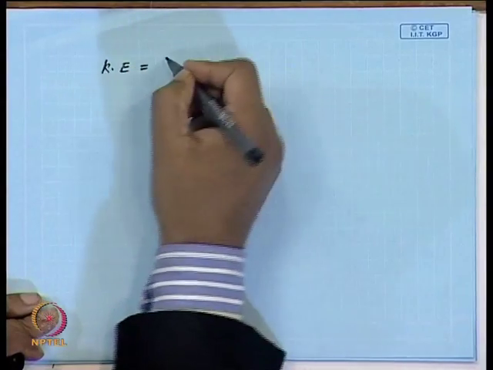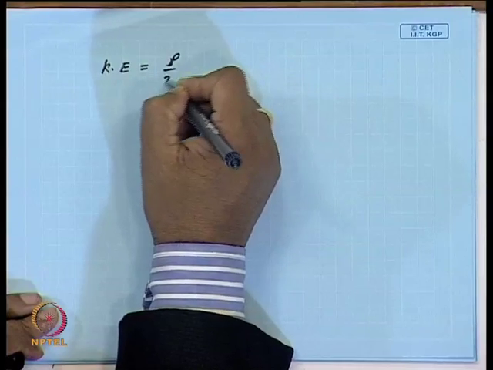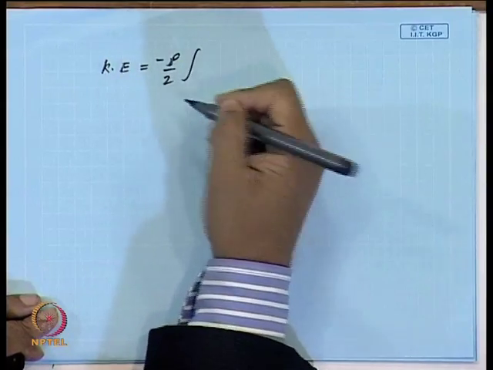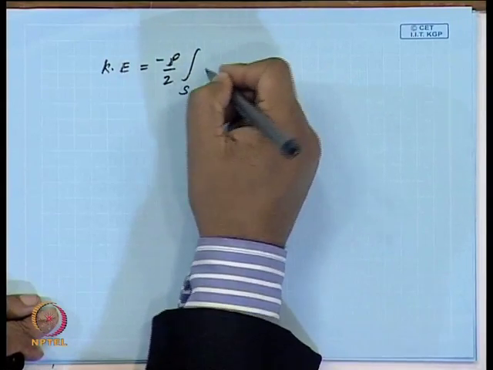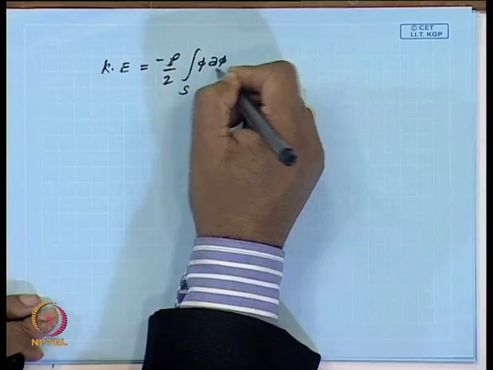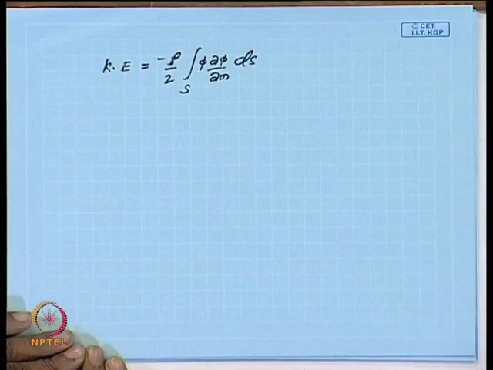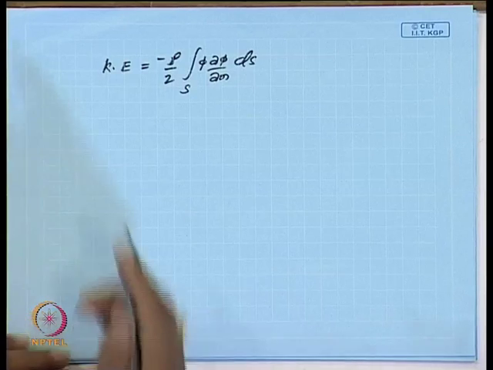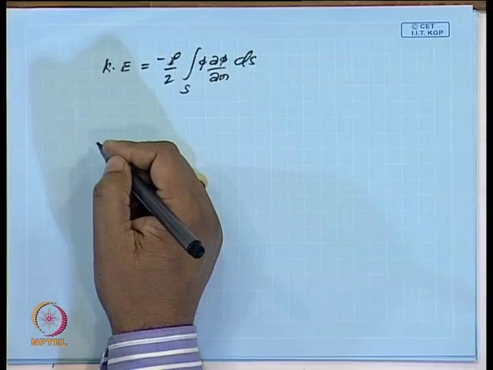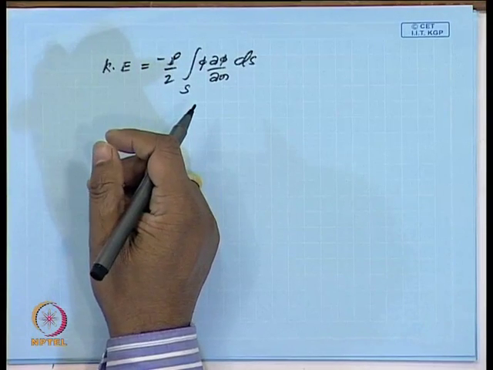Just in the last class I was talking about the definition of kinetic energy, and in the definition I have already told you that the kinetic energy K associated with the potential flow is given by rho by 2 integral over S phi del phi by del n dS. This is the definition of kinetic energy. Now, with this I will go to Kelvin's, there is a result which is known as,